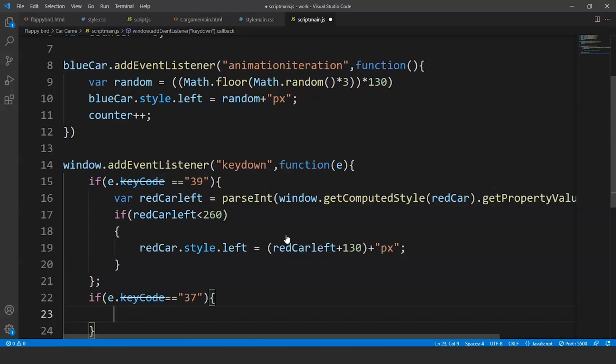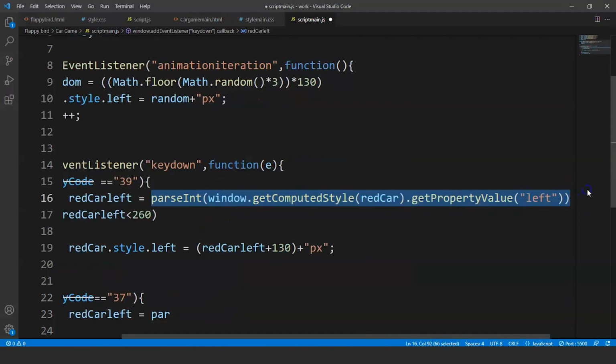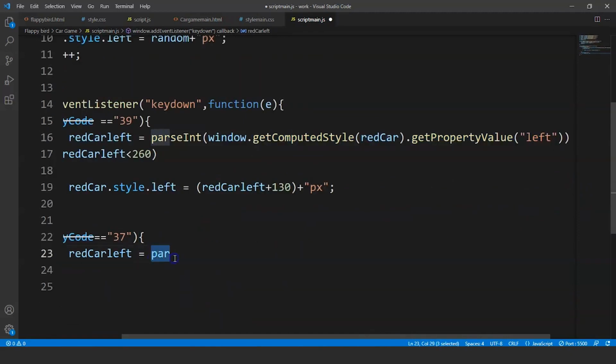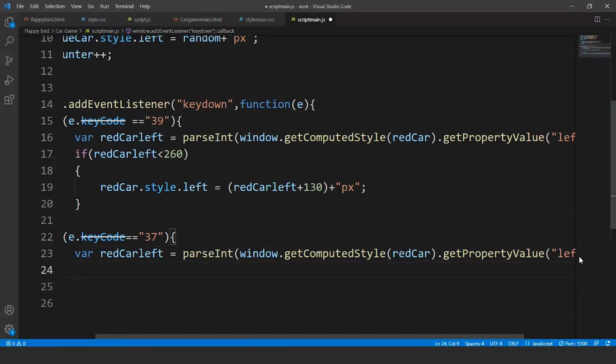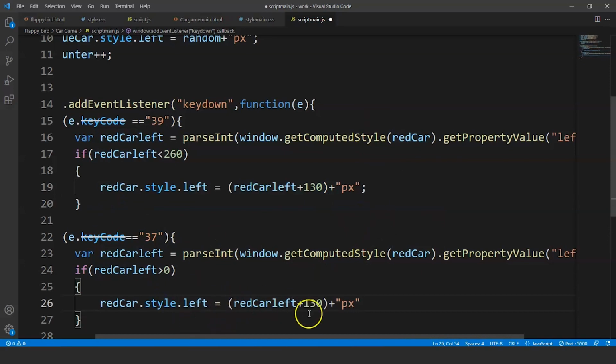So what we'll do here is we'll write here redCarLeft is equal to parseInt. So we'll copy this from here and we'll paste it here. Fine. This will remain the same. Now what we'll do is we'll write here if redCarLeft is greater than 0, then it will change the style. So we'll write here this, and here we'll change the value of red car to redCarLeft minus 130 pixels. So we are moving the car to the left or to the right. Fine.